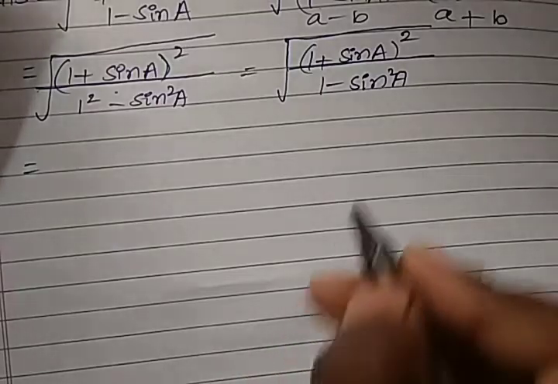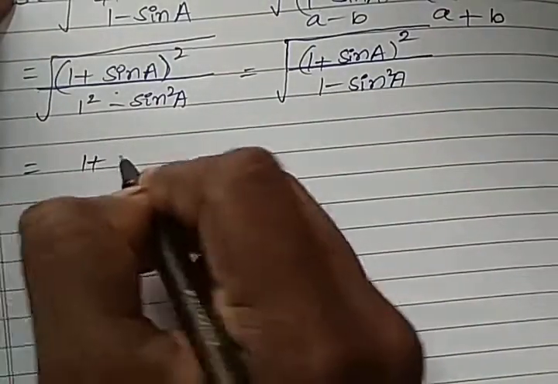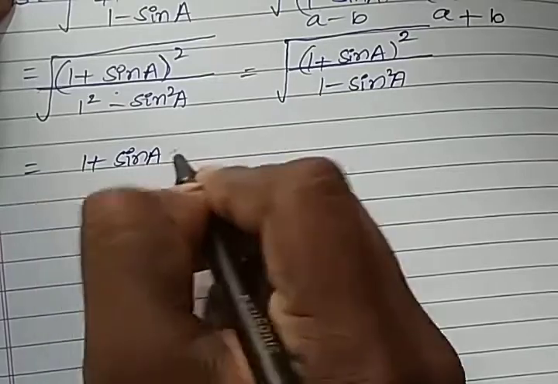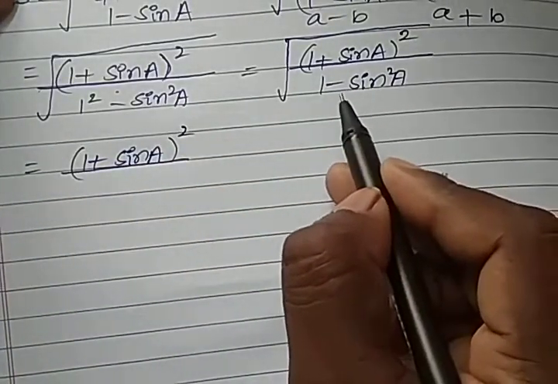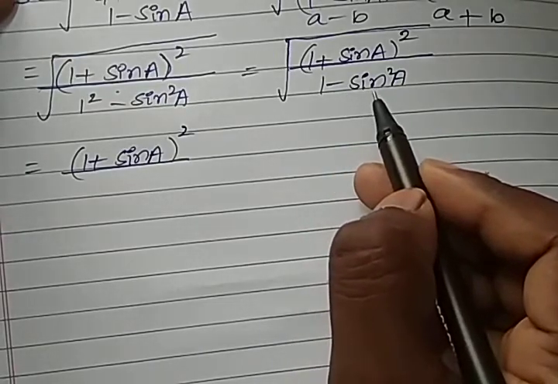So here 1 plus sin a whole square by, now this we can write, 1 minus sin square a is nothing but